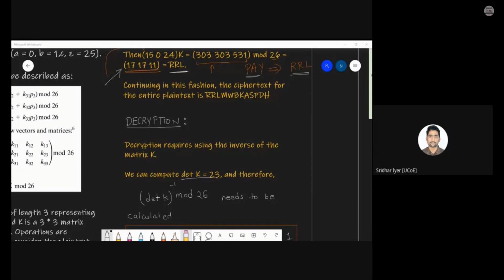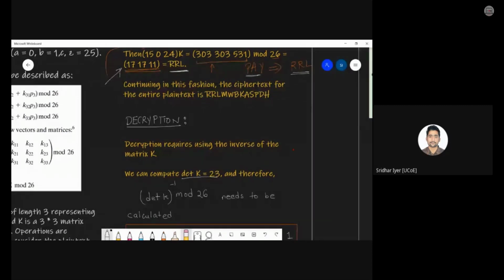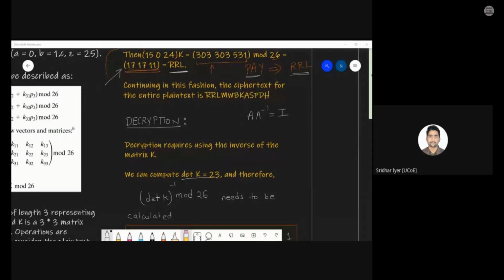Okay, there are various ways to find the inverse. You can calculate the determinant, you can calculate the minors, then find out the adjugate or adjoint, and using that you can get the inverse. The very basic thing, if you remember, what we used to do initially: A into A inverse is equal to I. This is how we used to start. Yes or no? Then we used to make it an identity matrix, and whatever was there on the right hand side, we had to convert that into an identity matrix.